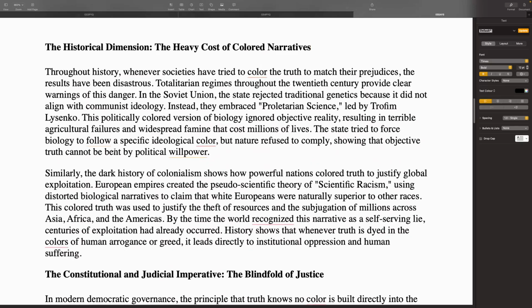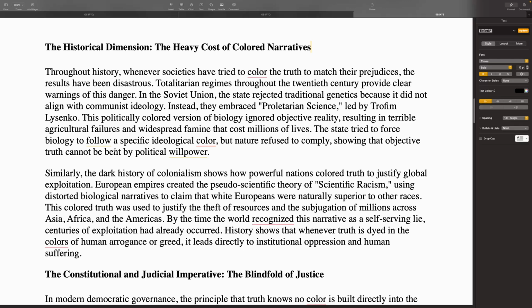The historical dimension: the heavy cost of colored narratives. Throughout history, whenever societies have tried to color the truth to match their prejudices, the results have been disastrous. Totalitarian regimes throughout the 20th century provide clear warnings of this danger. In the Soviet Union, the state rejected